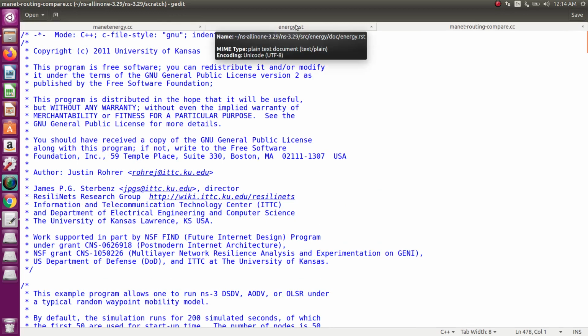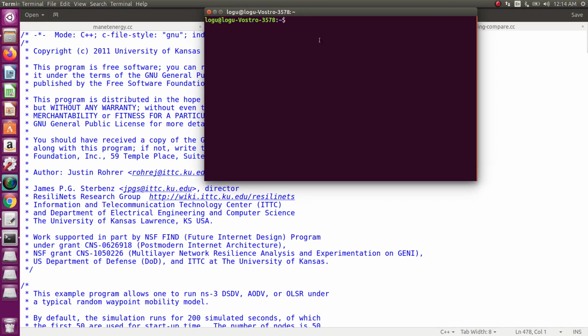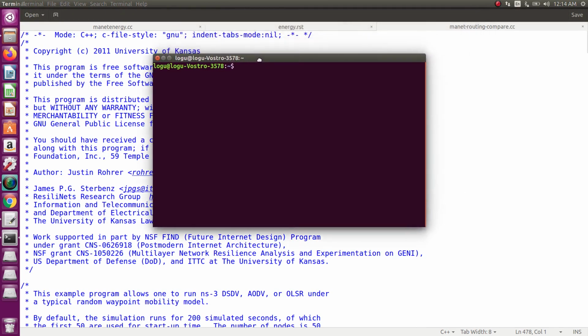So now we want to run that program. First open the terminal. So press Ctrl Alt T. Now you go to the NS folder, NS all-in-one, then NS 2.39. The program is available in your